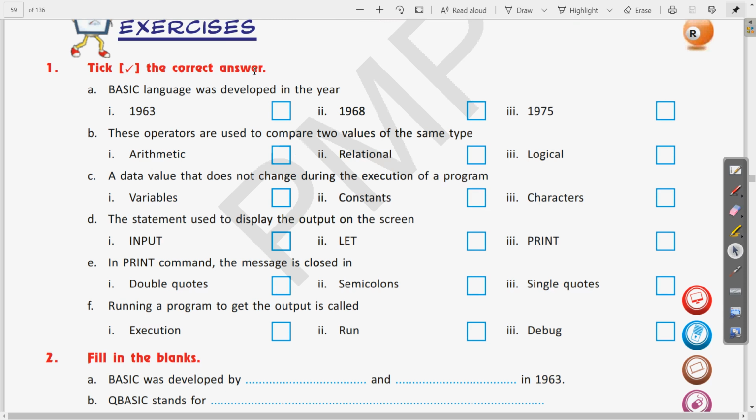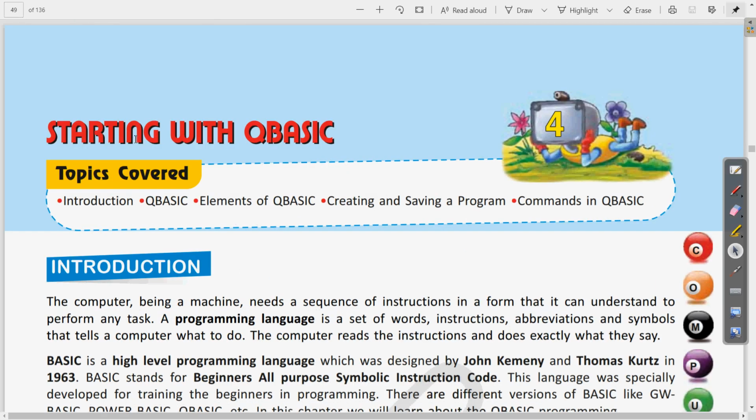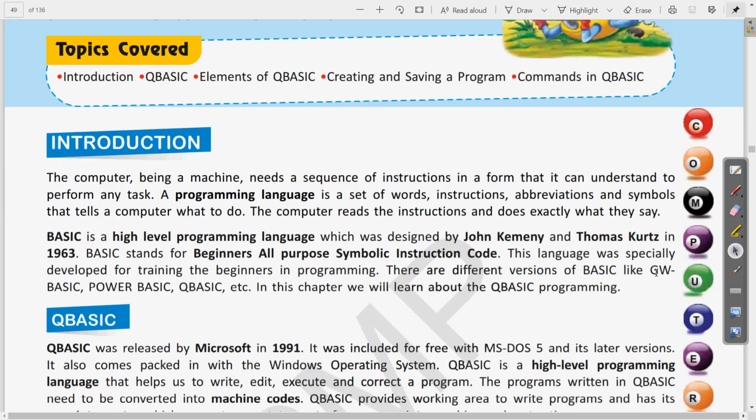So let me show you. If we go to page number 49, here you can see that BASIC was developed in year 1963. Clear? The BASIC language was designed by John Kemeny and Thomas Kurtz, year 1963. So the answer of this question will become 1963.